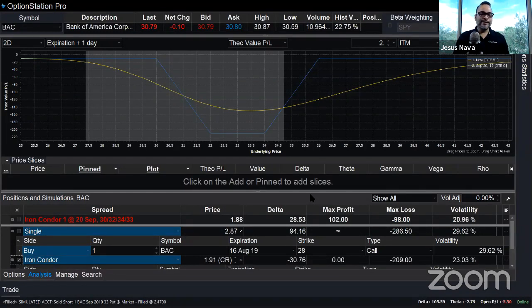Let's take a look at the analysis tab because there's a lot of information going on here. And I know from experience, talking to a lot of users of OptionStation Pro, that they're not really into the graph because maybe they're not understanding what is displayed here. So let me go ahead and give you a brief description of what's going on. Everybody knows that